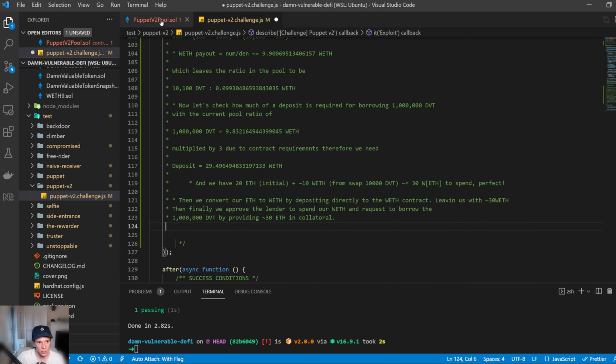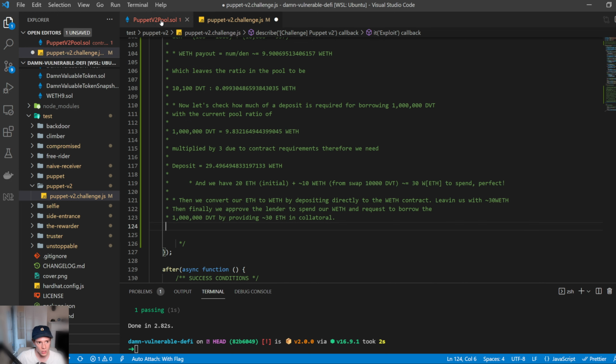Then the next thing is we need to calculate the deposit required to approve the lending contract for that amount. So now that we've heavily devalued the DVT in relation to WETH, we then want to get a quote to see how much it's going to cost us to borrow that 1 million DVT. So we go to the attacking lender and we ask them, can you please calculate the deposit of WETH required for me to borrow your entire lending,